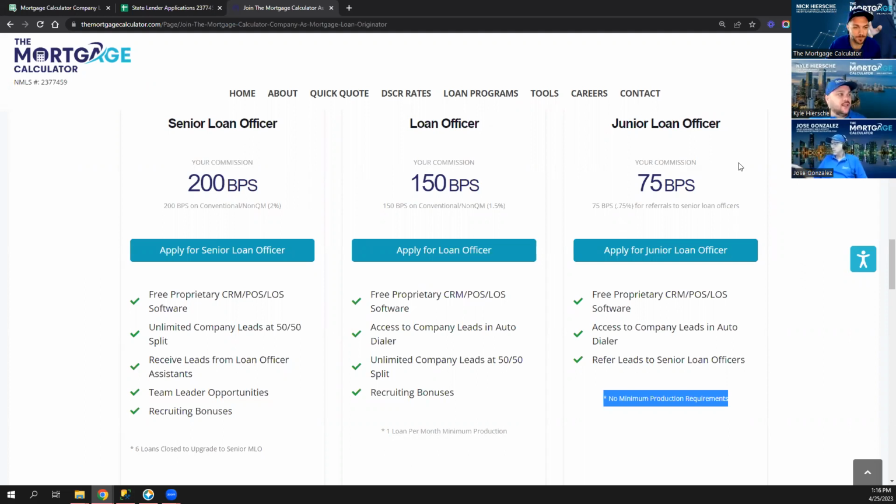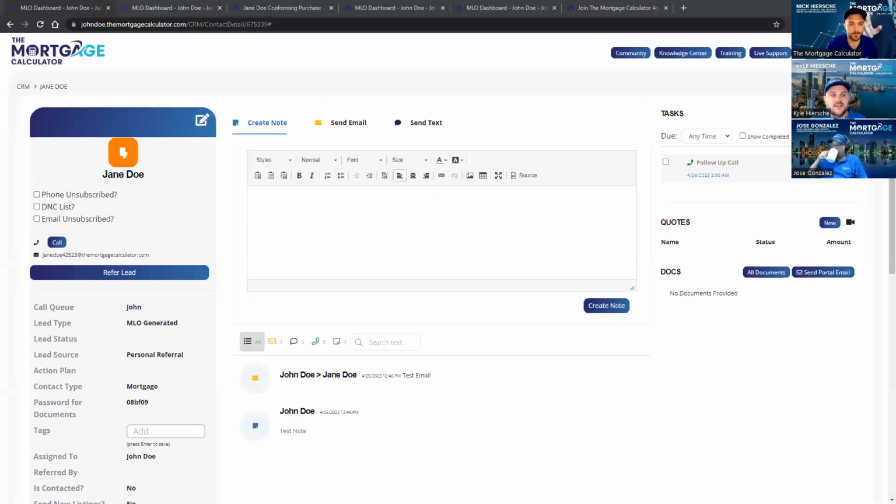Let me go ahead and pull up my screen here. And so what I'm going to go through here today is just highlighting a couple features. Of course, when you come on board, we'll do a full training here, but here is our CRM. And just like most CRMs, this is where you create your notes and send your emails and texts, and it keeps track of all of them. And of course, you can set reminders. You can put people on action plans, AKA drip campaigns, where the system emails them and texts them from you automatically, all that kind of good stuff, right?